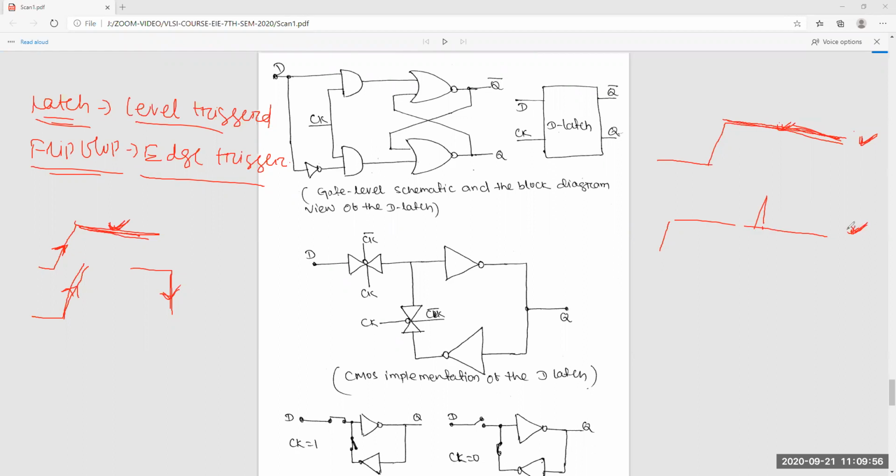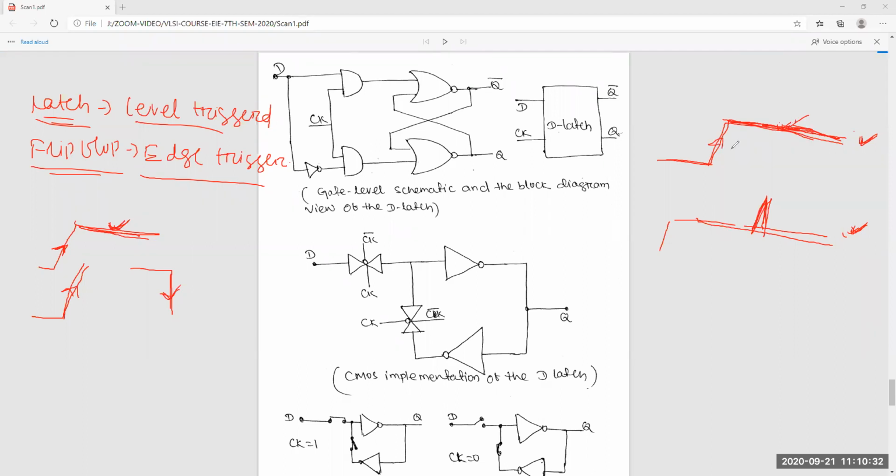Yes or no? We will not always predict the same value at any time, because it's level triggering, meaning when clock is equal to 1, you will get the output. If a glitch is there at some point, it will be changed. If that output is connected anywhere, that will change again and change the performance throughout the system. So this thing is not good, and that's why we need edge trigger.